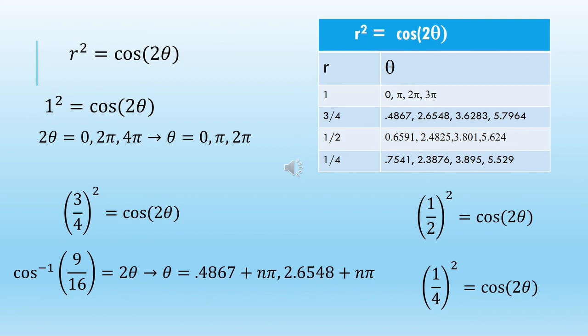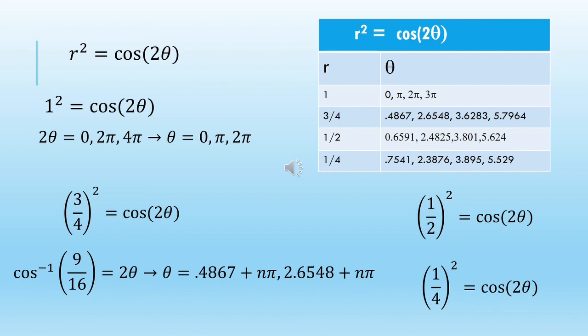So solving that for 2 times theta, I would get the collection of possible angles, 0, pi, 2 pi, for example. If I had a radius of 3/4, and I plug that into the equation, I would get 3/4 squared, or 9/16, is equal to cosine of 2 theta. Solving that equation for theta, I would use inverse cosine of 9/16, and that would be equal to 2 theta. Solving for theta would give me